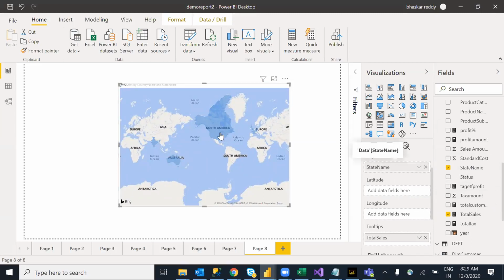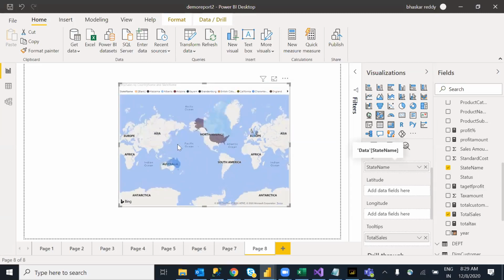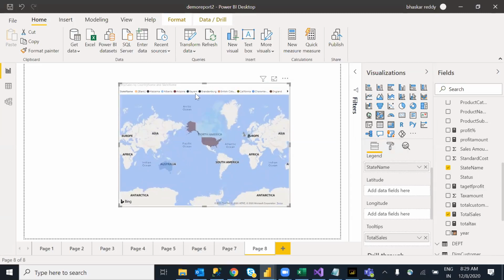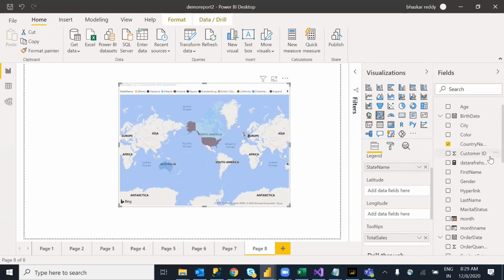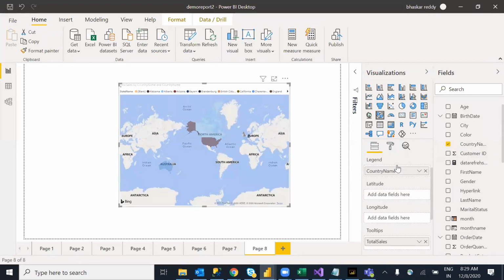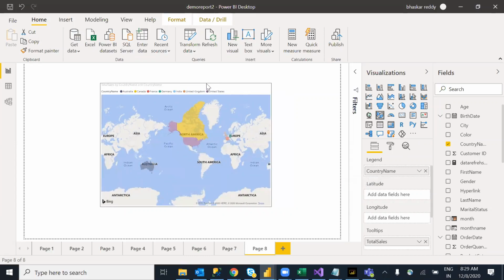At every country level, it will be the legend. Multiple states we have, around 30-40 states. I don't want any state, I just want the country names, so just use it in the legend also. At the legend level, we can use only the countries I want highlighted. Based on that, it will be displayed like this. This is the map visualization we have.